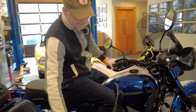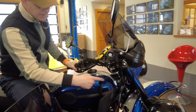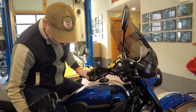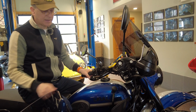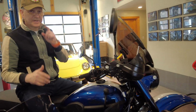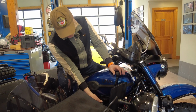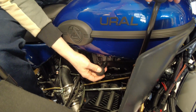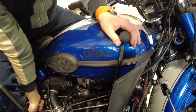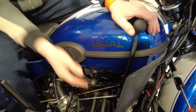So we have various options for hand shifters. One, the simplest one and most popular one, is a single lever, and the lever replaces the reverse foot pedal with the hand shifter for reverse only. So that would be the first option. The other one is dual lever. So we have two levers, one on the bottom and one here. And this one still does the reverse, in and out. And this one does the